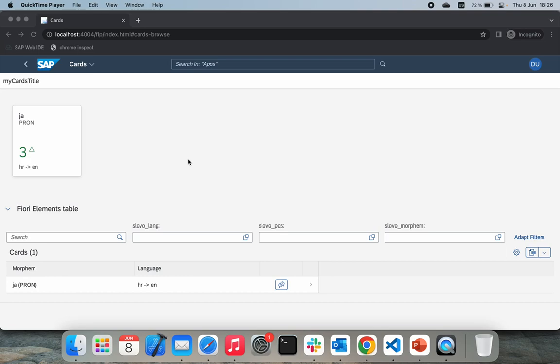to cover the topics I forgot, which were Capacitor, the hybrid mobile applications that we can still build from UI5, and the responsive nature of UI5 and Fiori elements on top. Okay, so I believe the issue we had was related to the upgrade of UI5 from 1.136 to 1.14